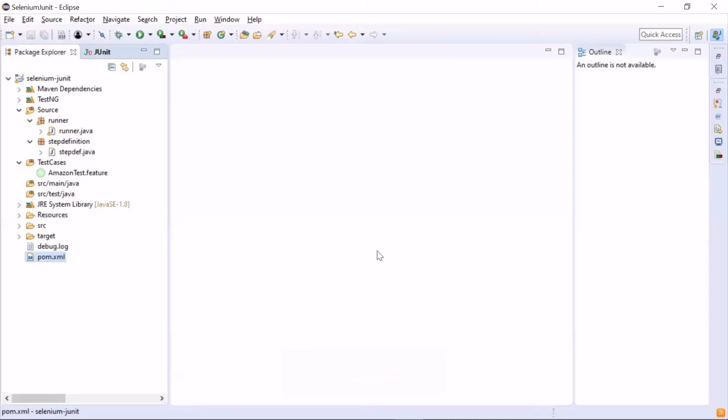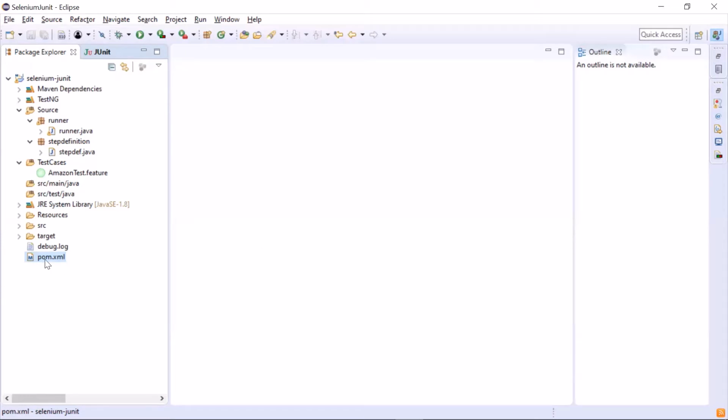Today we are going to see how we can run Cucumber feature files in parallel using the Cucumber JVM parallel plugin. The benefit of parallel execution is to save script execution time. Let's say we have 10 feature files and each file takes 5 minutes to complete, then it will take around 50 minutes to complete the scripts in case of sequential execution. But when we run all 10 feature files in parallel, then the execution time will be only 5 minutes.